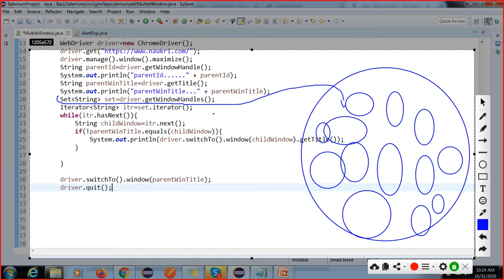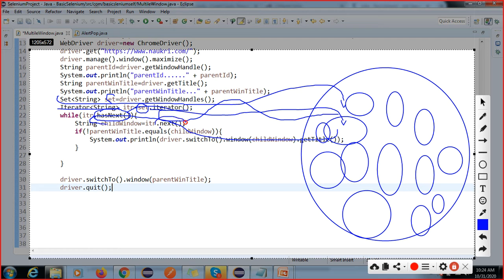Now we are going to use the iterator concept. Iterator means we are going to take objects one by one. When we use this reference dot iterator, it will access all the objects from the set, and the return type is iterator type. By using iterator features, we can access the iterator methods, hasNext and next. It will go and check whether an object is there or not. Yes, the object is there, so we will get this object.